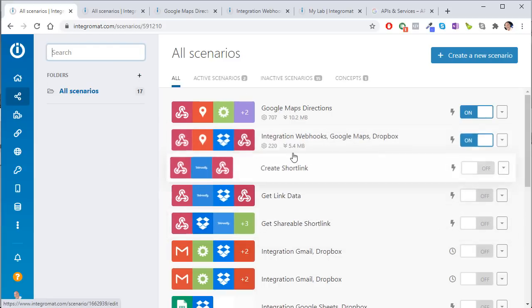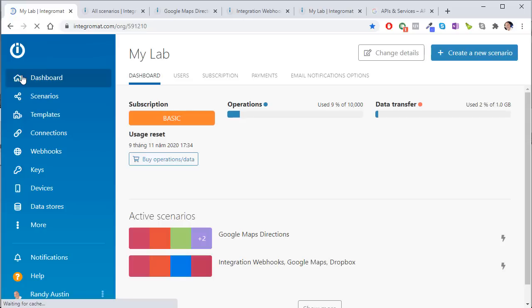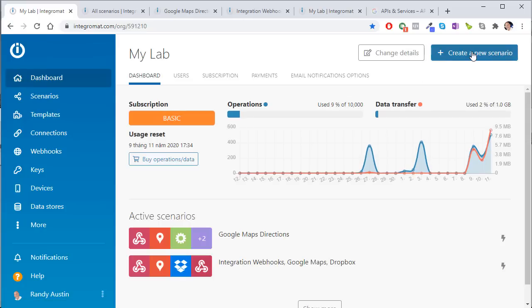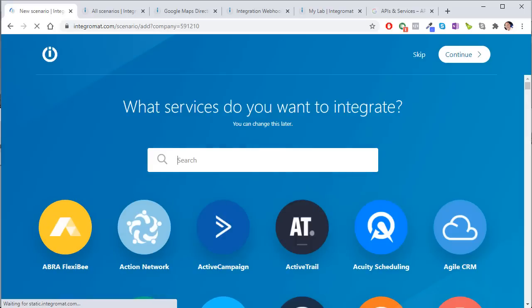In this case, what we want to do is set some kind of trigger from Excel into that, and then pull out and send the from address, send the to address, and get back the direction. So I'm going to show you just how we do that. So how would we create a new scenario? Let's go ahead and create just a new scenario, give you an idea, and then we'll go back into the ones that I've created. Okay, so in this new scenario, what I want to do is we're going to start out with that webhook,